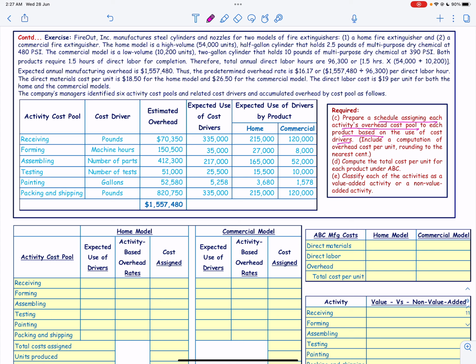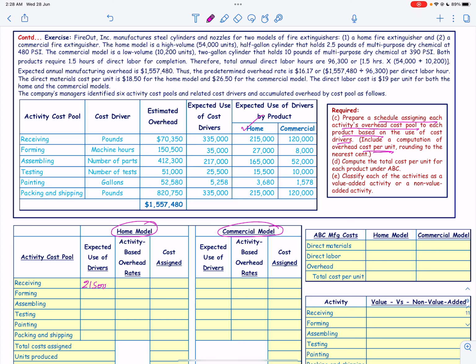Include a computation of overhead cost per unit rounding to the nearest cent. So first of all, we have the home model and we have the commercial model, and the expected use of cost drivers for the home models are